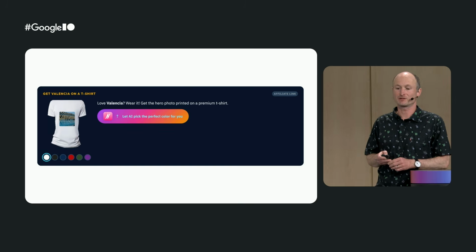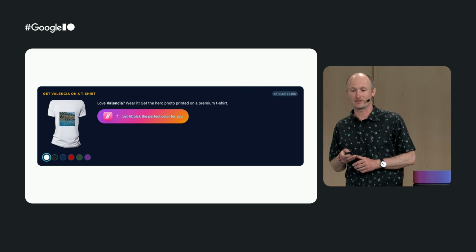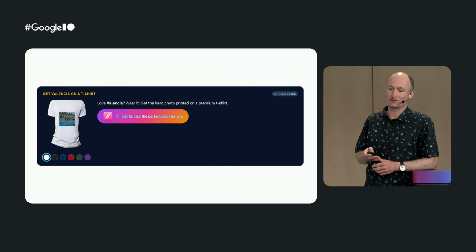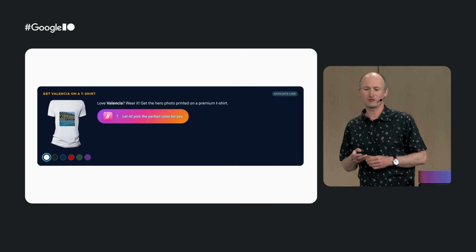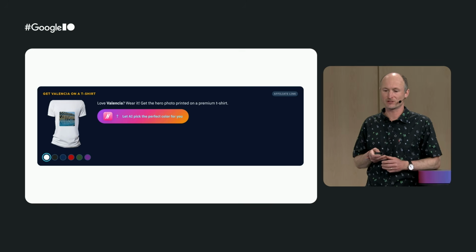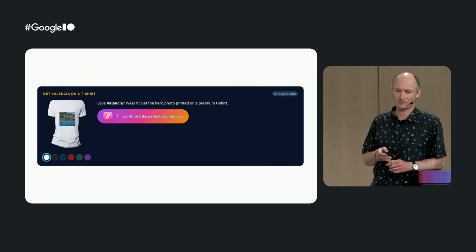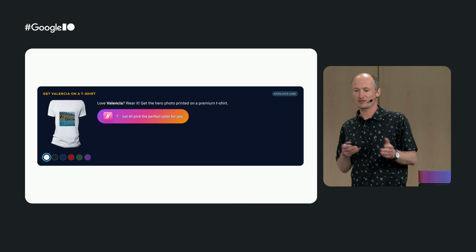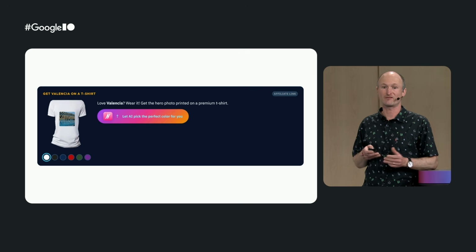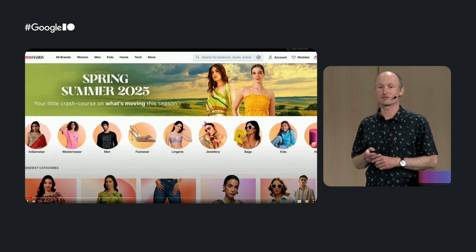The final collaboration is with fashion store Nike. The Trailblazers team found that people really loved the blog's photography, and they were asking for t-shirt prints with their best blog post hero images. So Julia created a playful widget where the user can pick their favorite t-shirt color or have AI suggest one for them. And this is where Nike comes in.